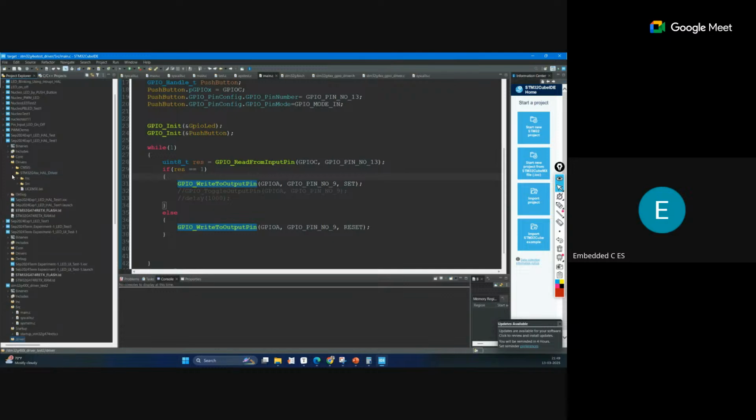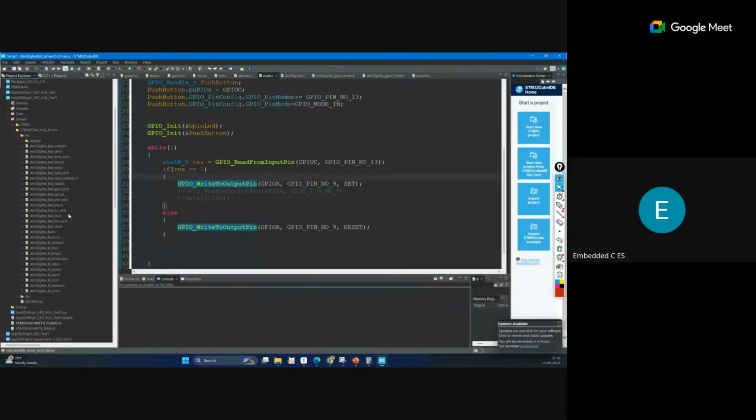This is the HAL library, where you can see the same type of structure, INC and SRC. This is not created by me. This is created by the STM company for this board. You can see how many header files there are for each part.